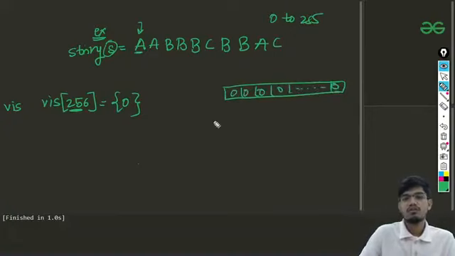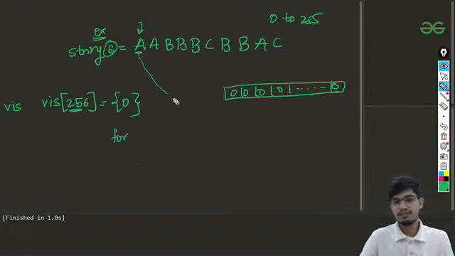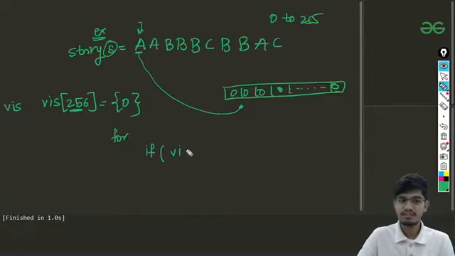Now I'm going to loop through the string, and for example, at the ASCII value of a, I'll first check whether visited of s of i is 0, which it is initially. If it is 0, I'll increase my count.